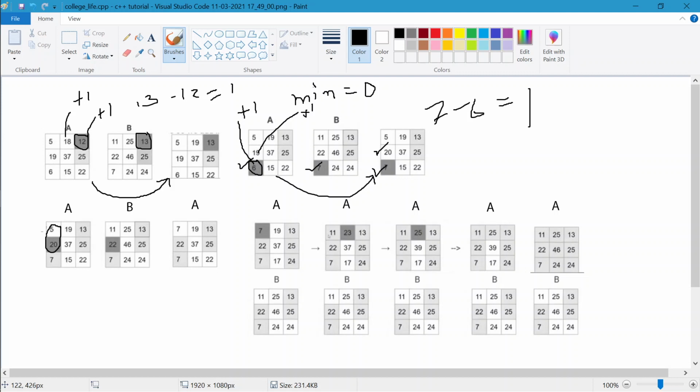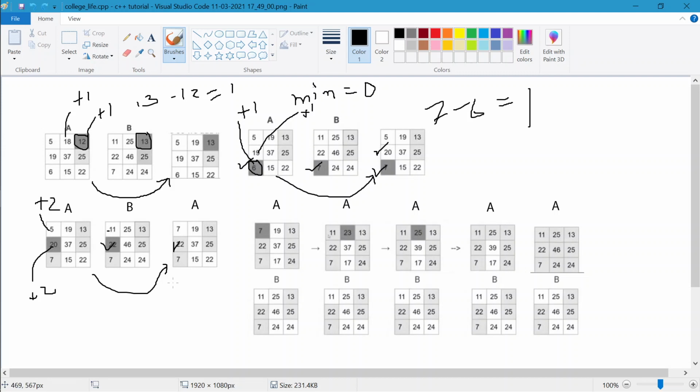After adding in the column, you are adding the difference, so here you add 2 and here you add plus 2. So after doing so, you will get this one. So here you can see 22 is equal to 22 and 22 is also here, it is equal. But 11 is not equal and 7 is not equal.